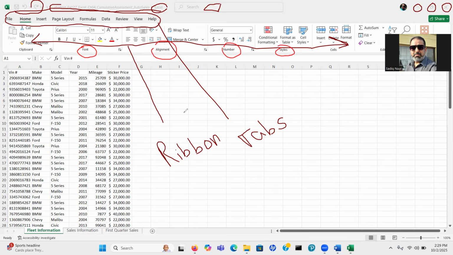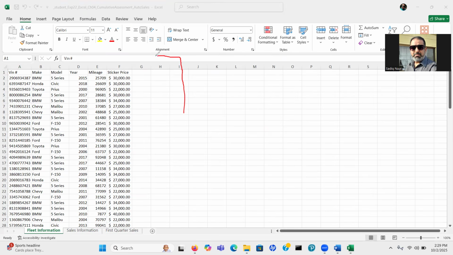The next thing, very important in Excel, is this white area here where it says VIN number. This is your formula bar. Anything that you type in your cell is going to be visible in the formula bar.